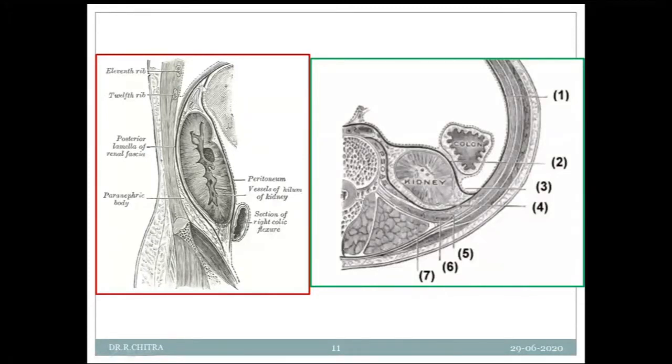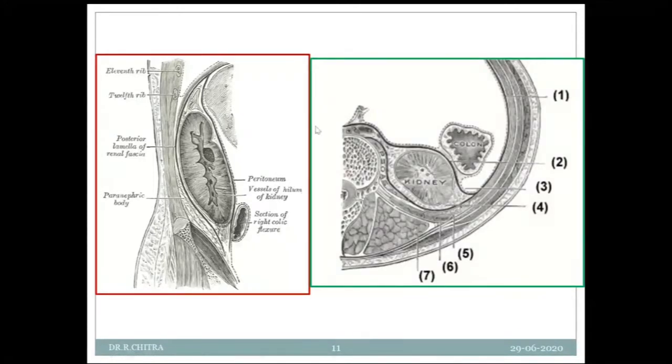Upper limit of this renal fascia, if you see, both layers fuse at the upper end of the kidneys, then resplit to enclose the suprarenal glands to form the suspensory ligament of the suprarenal gland. That explains why, even if you have downward displacement of the kidneys, the suprarenal glands will keep their position by this suspensory ligament of the suprarenal gland. Below, if you see, both layers fuse and finally fade in the extraperitoneal tissue of the iliac fossa.